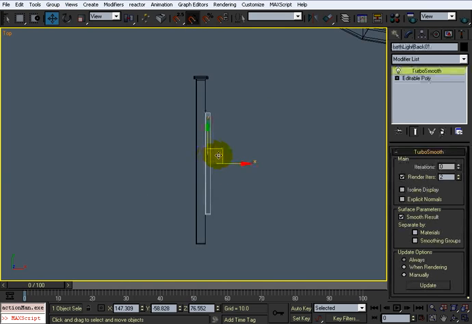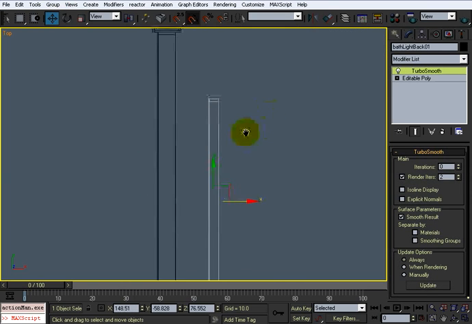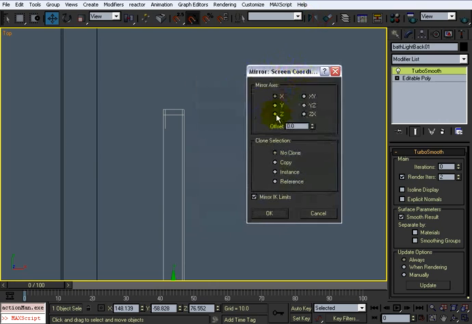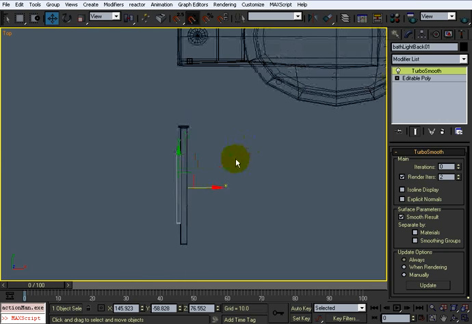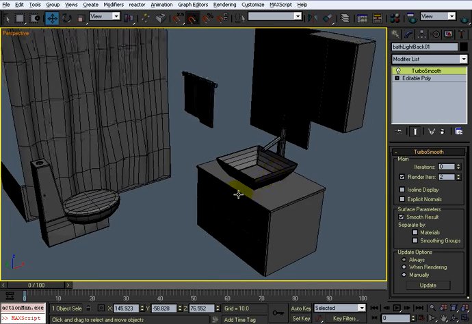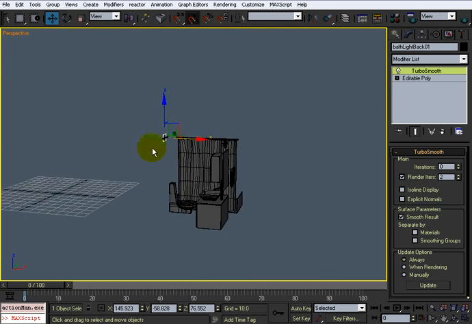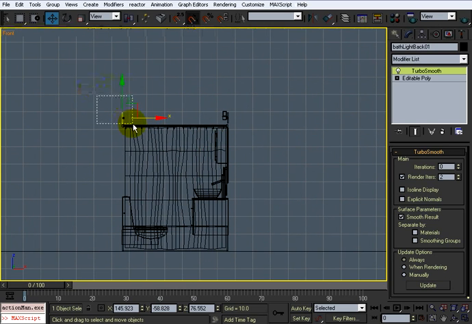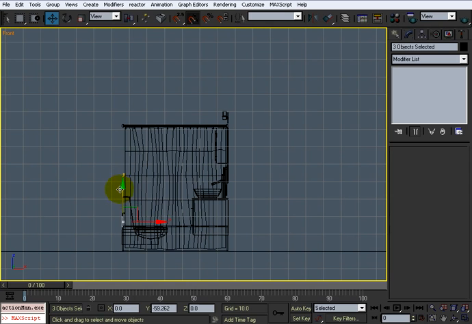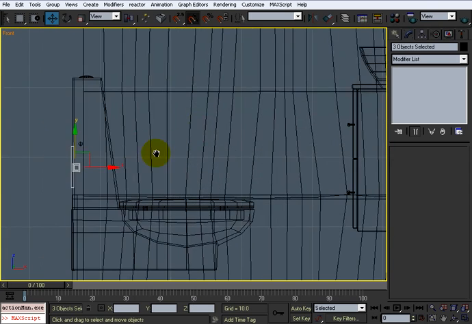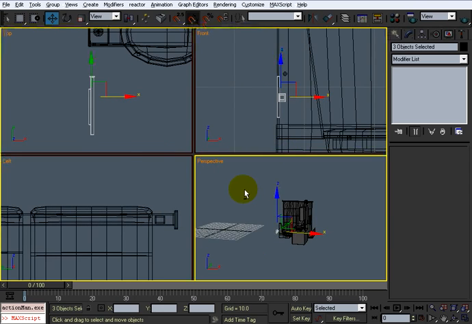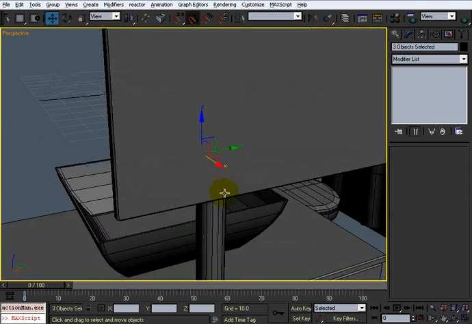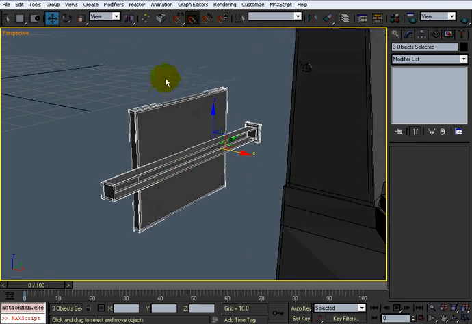So first things first, what I need is this little plaque, and I need to turn it around actually, and I'm going to clone it and turn it around on the X, so that's there. Okay. And it's too far up, of course, so I have to bring this down next to the toilet right here. Now all I have to do is really line this back up with the toilet because that goes against the wall there. Alright, zoom in on that. Okay,